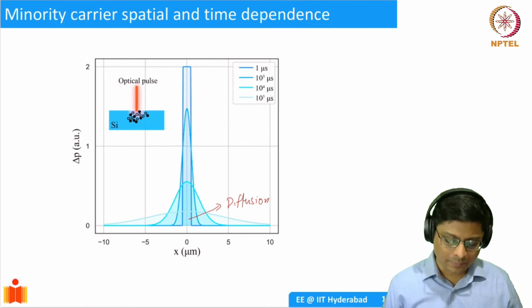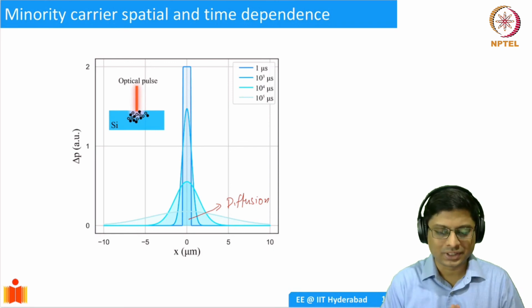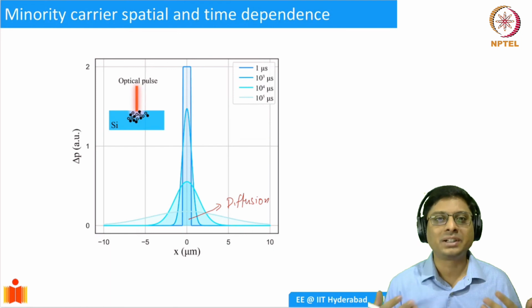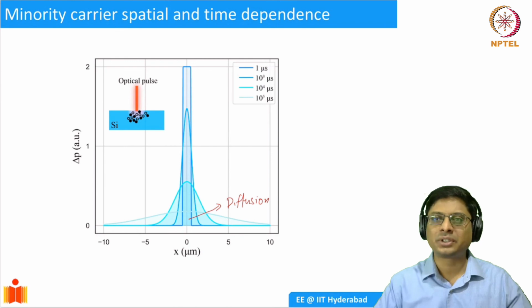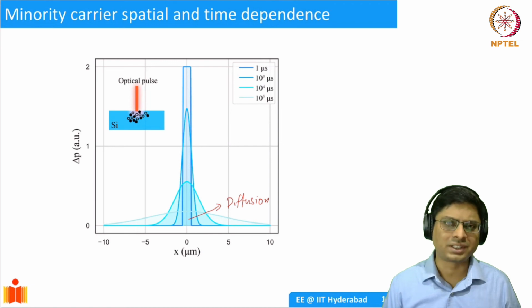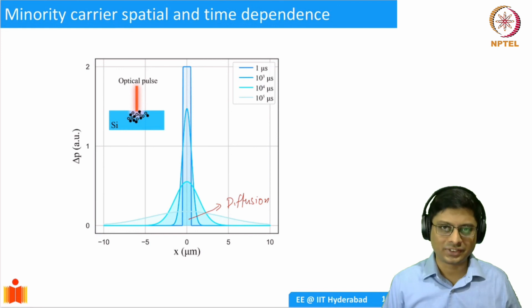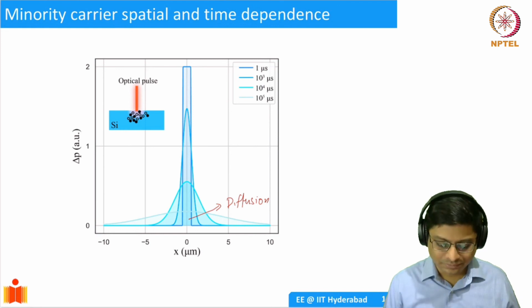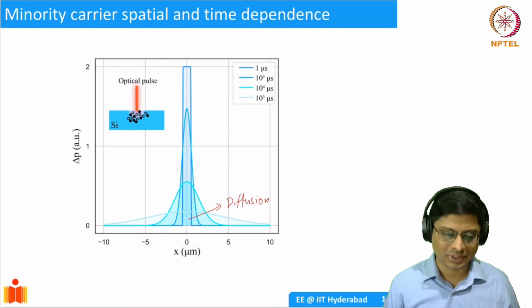All right. So already 58 minutes. I would like to stop here now. Today we talked about one very important concept of non-equilibrium dynamics. We see that in all our semiconductor devices, we are going to introduce some electron hole pairs. We are going to disturb it from equilibrium. Equilibrium is that it exists without any external stimulus. Once you disturb it with an external stimulus, be it voltage or optical light, it is going to change the minority carrier density, and that is going to be captured by the diffusion length and the minority carrier lifetime.